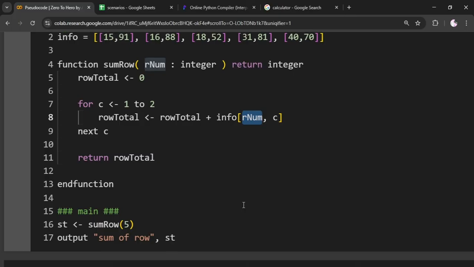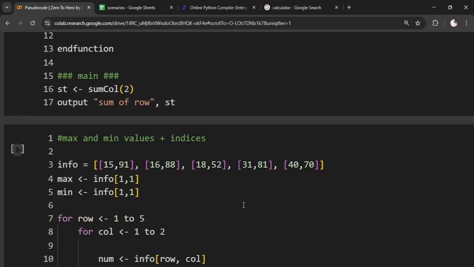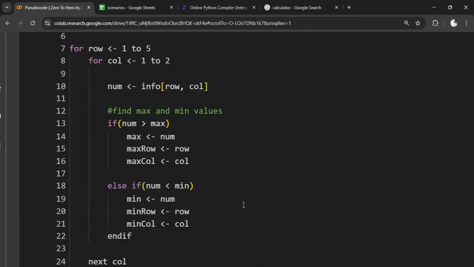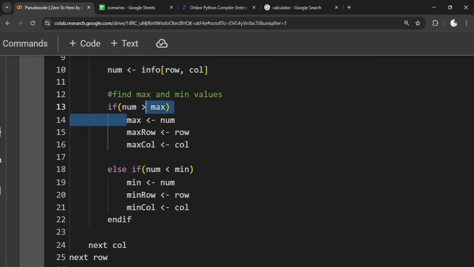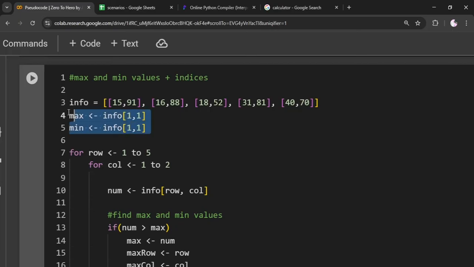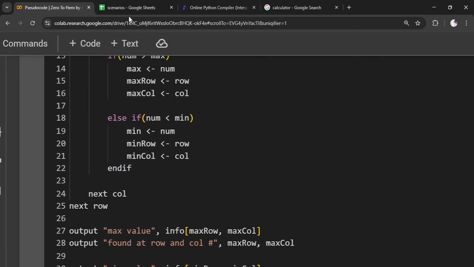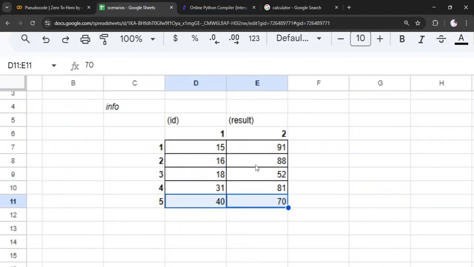And the opposite of this would be applicable to sum the column. Then how do we find the maximum and minimum? So again, same thing, we have the nested loop. We set the initial value to max and we set the initial value to min, the first value of the 2D array. And then if you have the maximum value here, so let's say 91 is the max here and 52